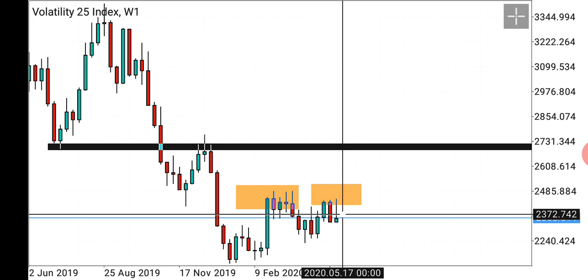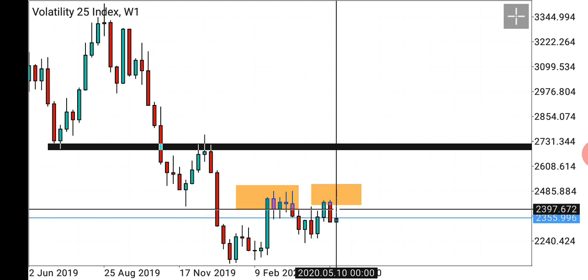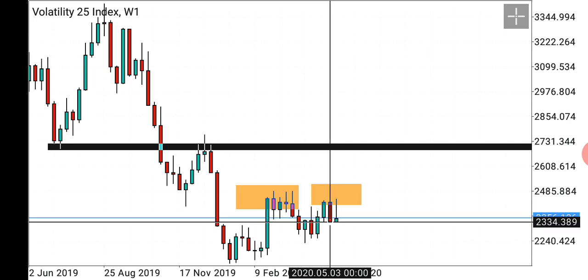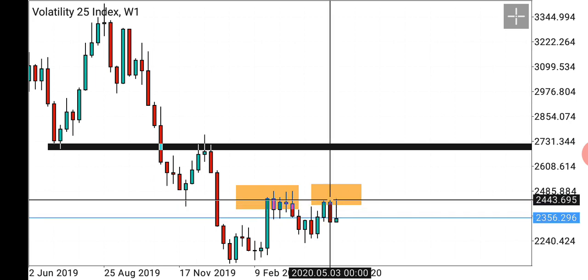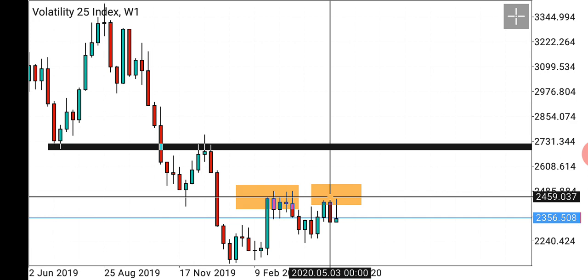Volatility 25 index is volatile. It's very volatile, just as Step Index, 50, 75, and other indices. Some are much less volatile, but the 25 index is volatile. So you should have a good capital and proper money management. Don't risk more than 2% of your account. This trading is personal. We are not trading for competition. It is your money. You are not expected to lose your capital. That is not good trading skill.